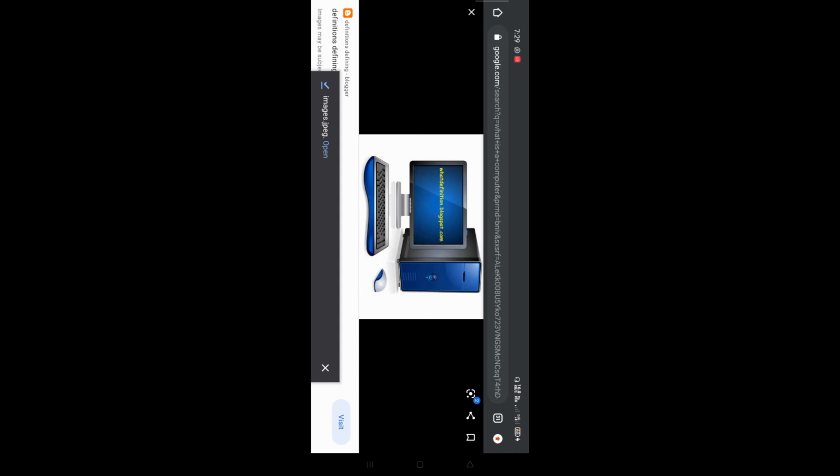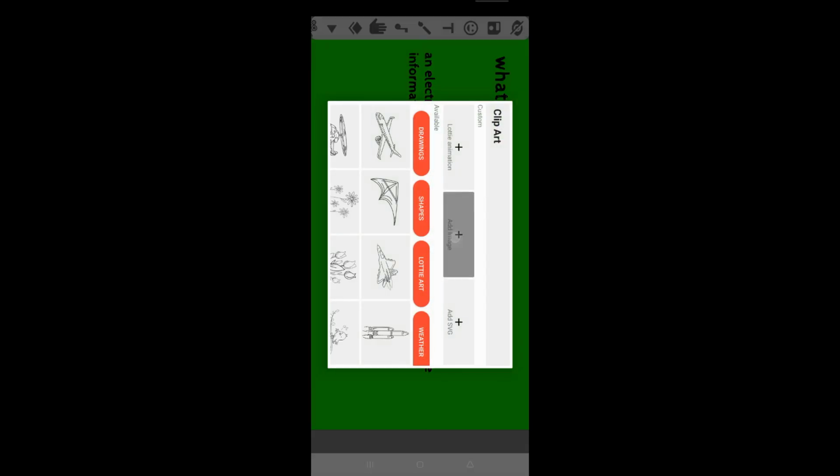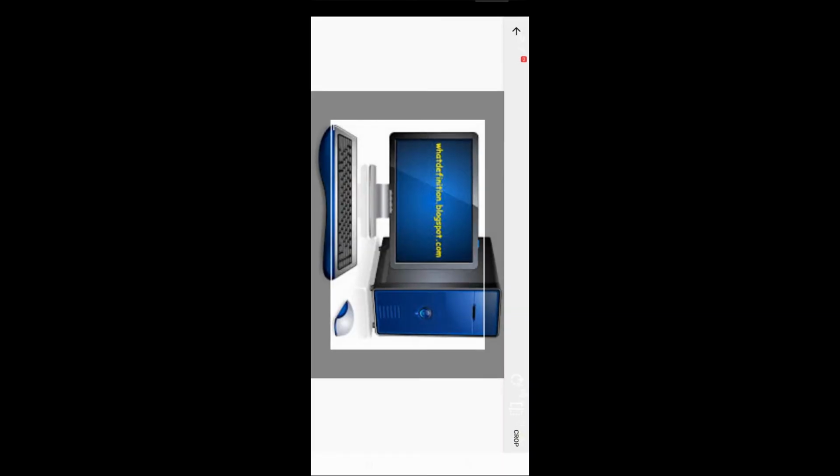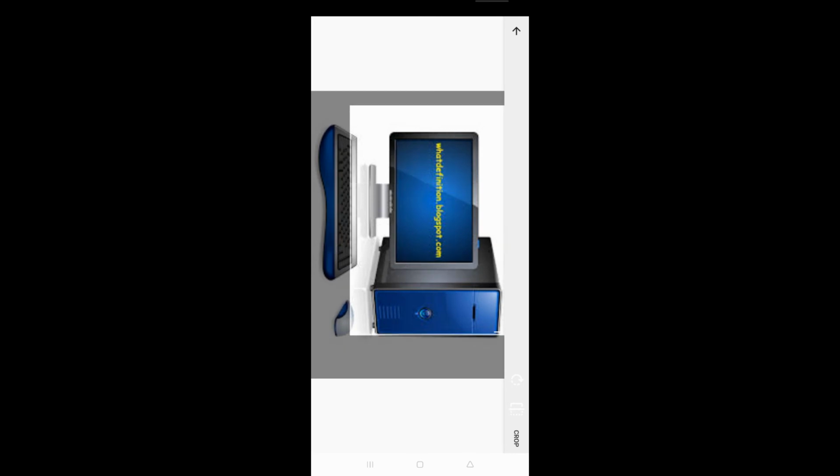Okay, then again you click here to go to web, and you come here. Again you have to import your images from your storage, mobile storage, onto this screen or this area. So for that we have to click here. Again we have to click on the add option, add images, and this is our image. Then on this I will click and drag it, and crop it. I will keep it here also.